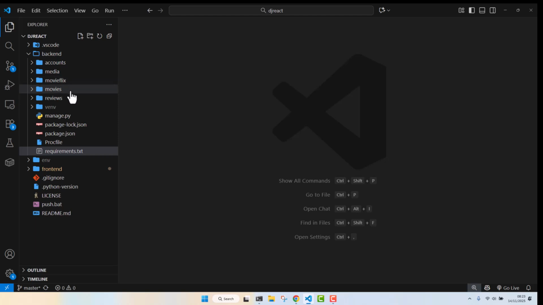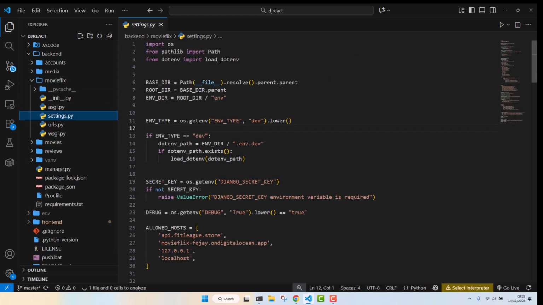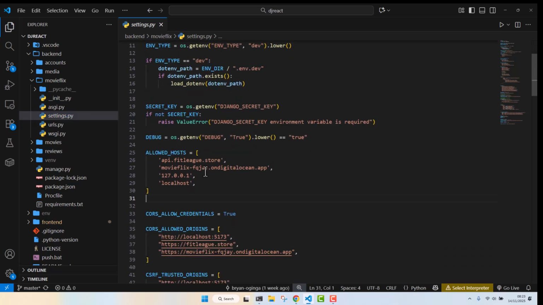Okay, if I go inside my MovieFlix application, we need to do some settings inside our settings.py file. Of course, the first thing is that you need to set your allowed host. So you need to add the allowed host. For this case, our backend API URL is going to be api.fitlink.store. That is going to be the domain that I'm going to use to be able to deploy our backend API, as well as this MovieFlix on DigitalOcean.app. This is just a random domain name that you will be given once you deploy your Django application in the